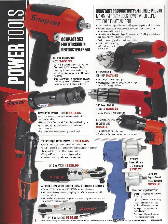Okay, guys, on to page 6 here. What they got here is this is all their air impact tools and some other air tools. So they got the 3/8 impact wrench on promo, I guess, and then they have the baddest thing that you can spend your money on, as far as I'm concerned, in air hammers, is the Super Duty air hammer right here. This one, second down, for